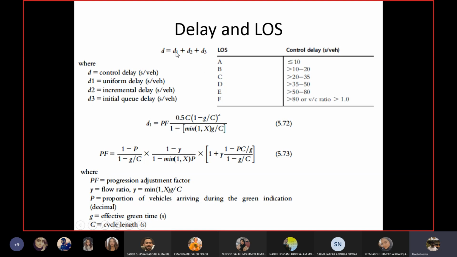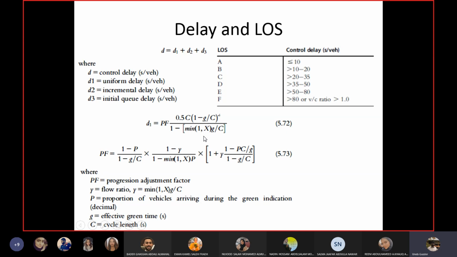So d1 is still there, right? You may still require it. Somebody may ask you, okay, I know they are congested conditions, but tell me the value of the delay. In that case, you will calculate d1, d2, and d3, all three of them. So you need the d1 value as well. In that case, x can be more than 1, but you will put 1 in this bracket. So d1 can be calculated for congested conditions for the sake of the client.